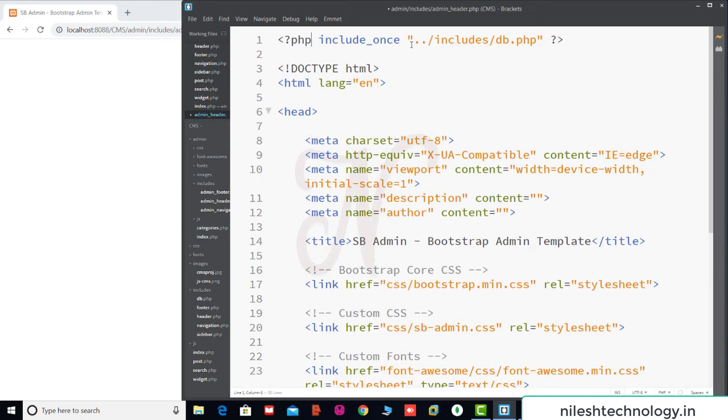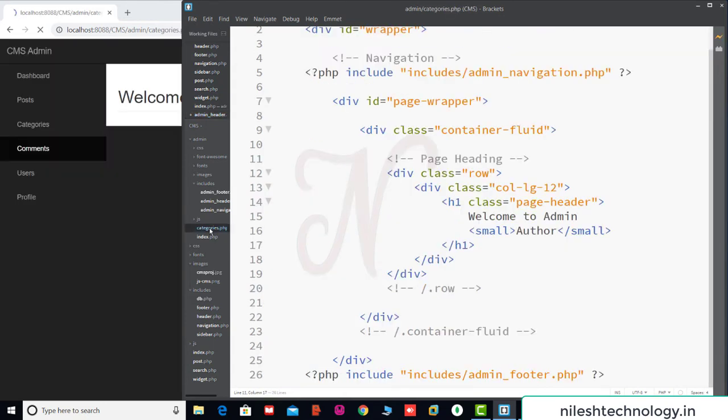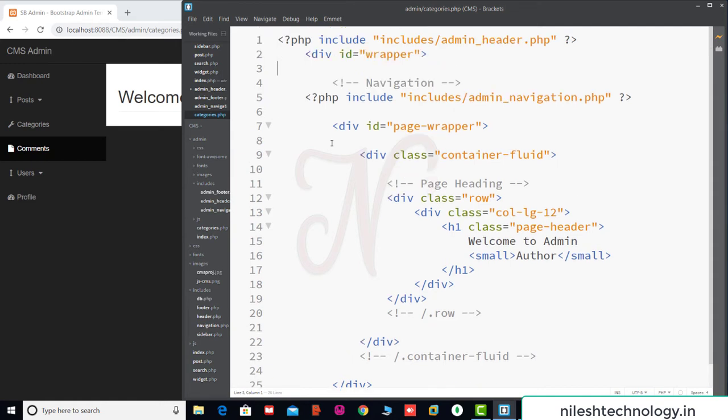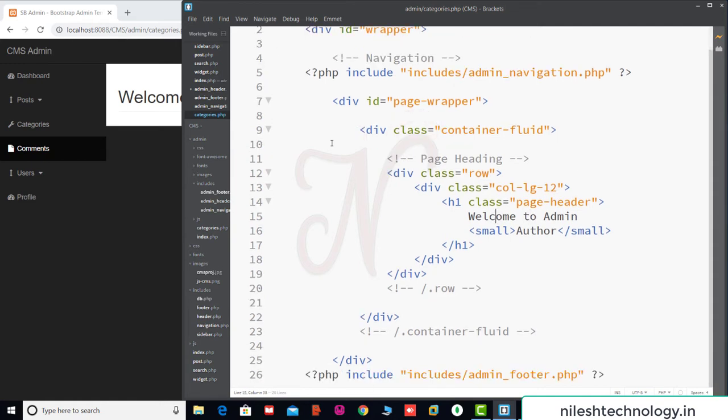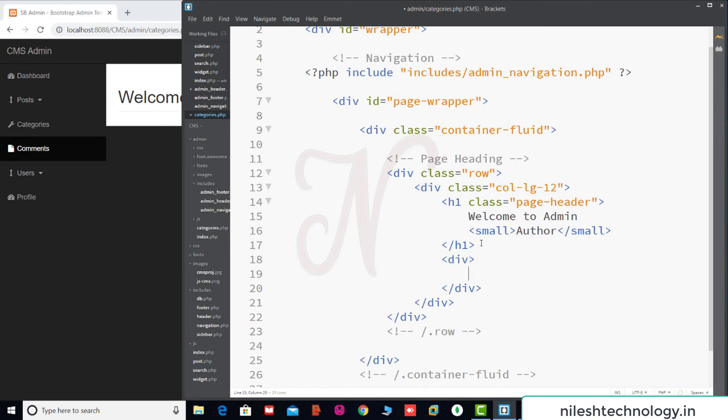So after including the file in the header.php, we build one form. So going to the categories.php file again, this one. Here we create one form. See here, this is the welcome to admin message. This message is in header 1. So after this header 1, we create a new div tag, and in this tag we define one class. My class name is col-xs-6. This class is from the Bootstrap CSS file which makes a 6 column space.